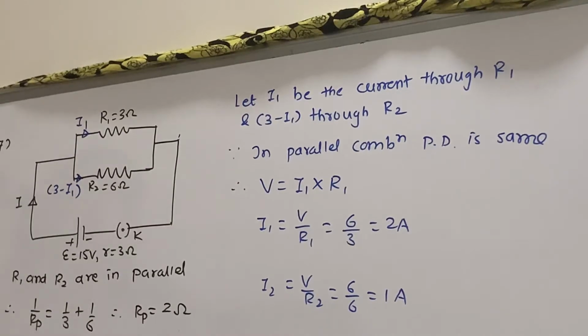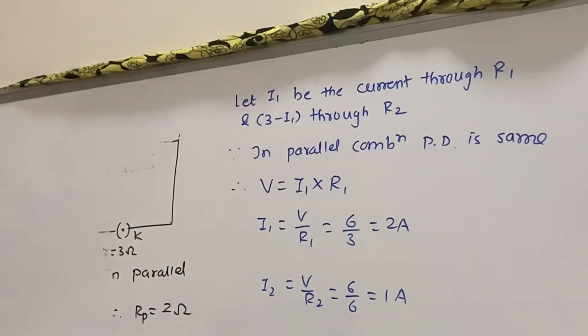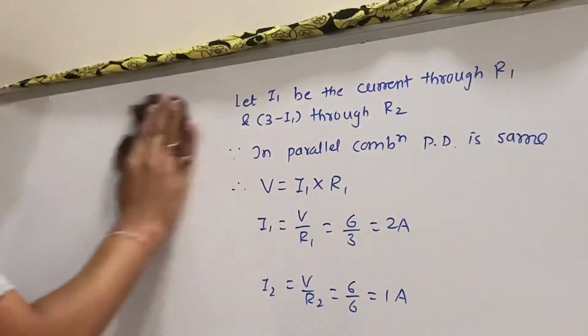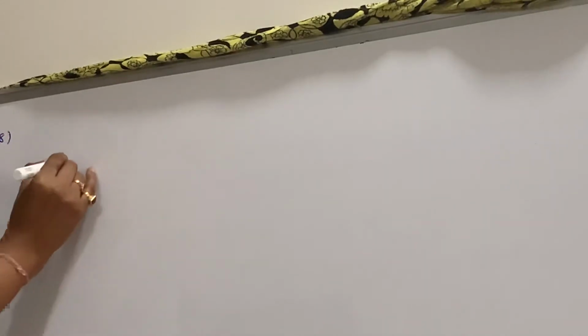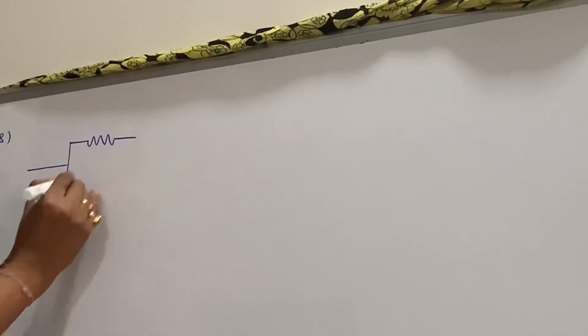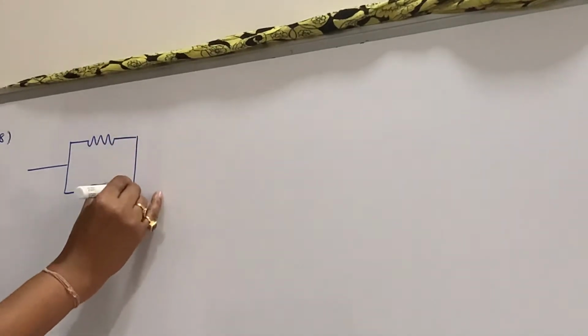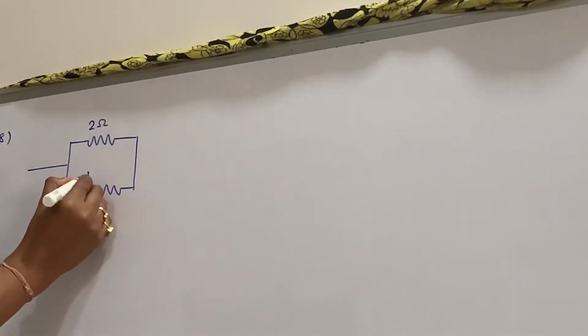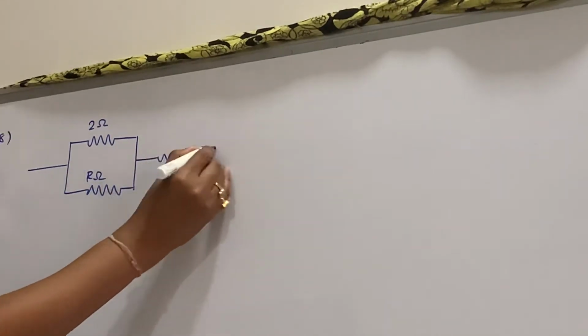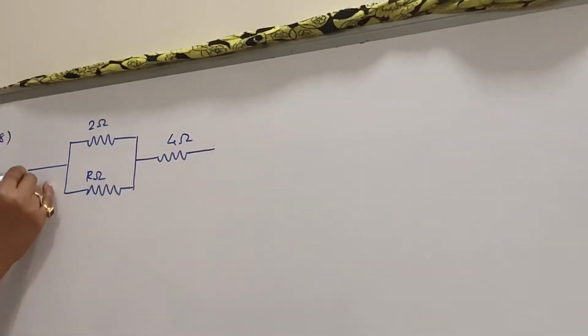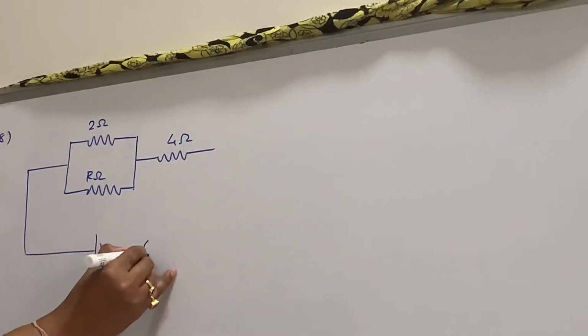Right? Now we'll go with the 28. Now we have only 31 numericals, so out of these we are doing 28. Check the 28. Again an important sum, of a different type. What is given in 28? In the 28th question, a diagram is given. There are two resistors connected in parallel. This is one, second, this is of 2 ohm. This is of R ohm. This is connected as 4 ohm. Right? This is a cell. This is the key.